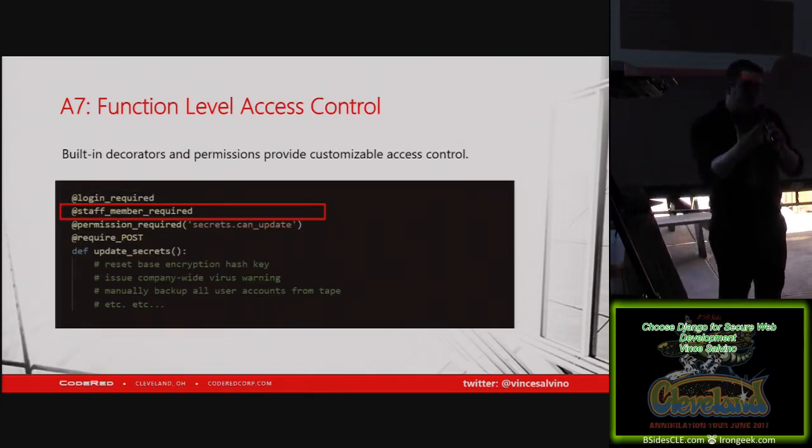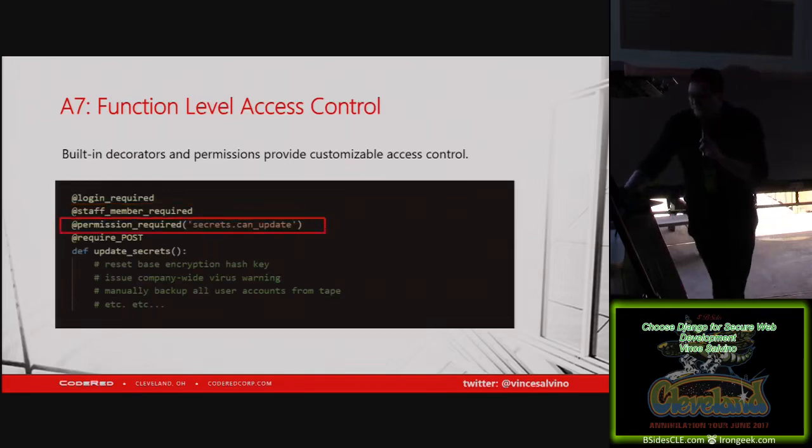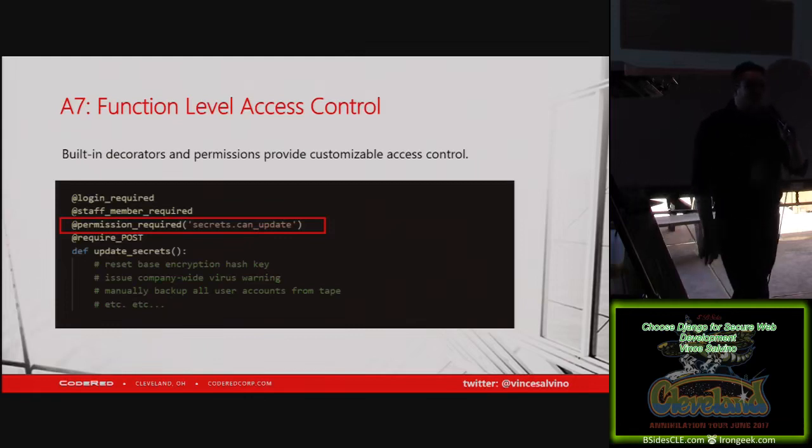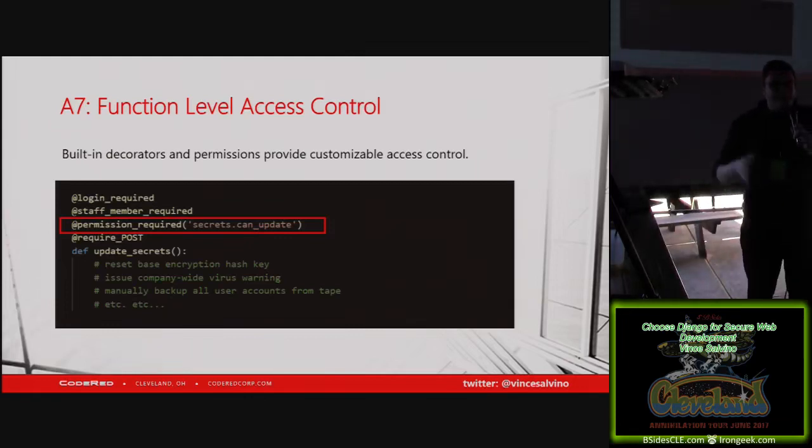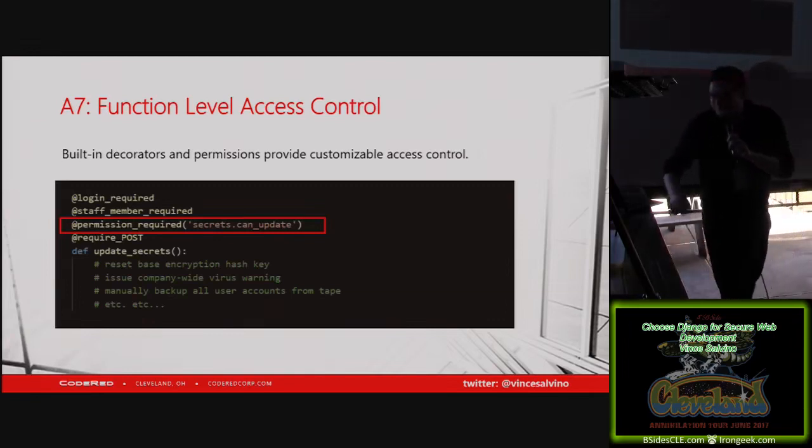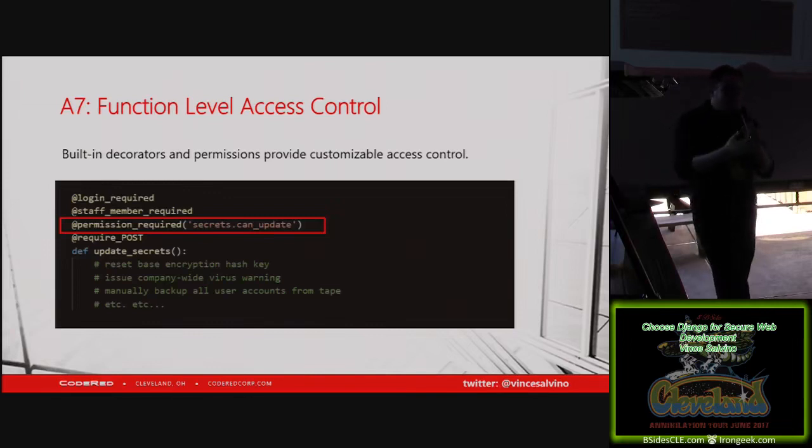Another one is staff member required. There's actually a bunch of these, but these are just a few that I picked out. Staff member required. Not only do you have to be logged in, but you have to be a super user, essentially. Permission required. This one's actually really robust because Django does come with its own entire permission system. And everything in your database at the table level, you can specify which user or which group should have access to that table. Read access, write access, change. You could say they can create something, but they can't edit it. Those are all built in.